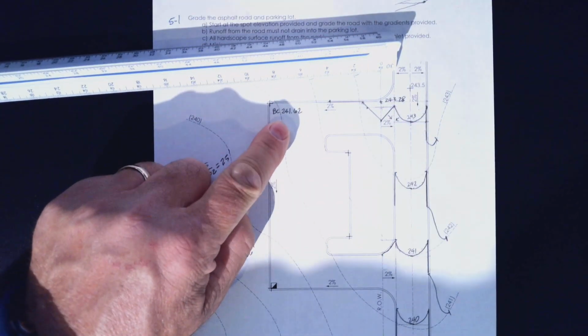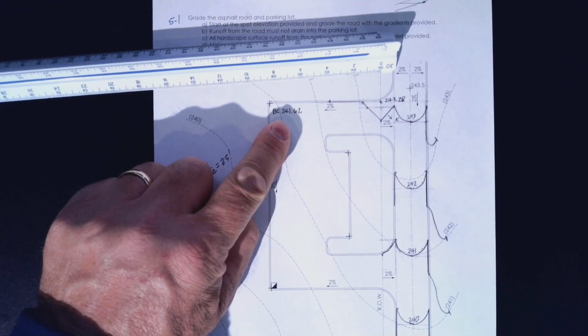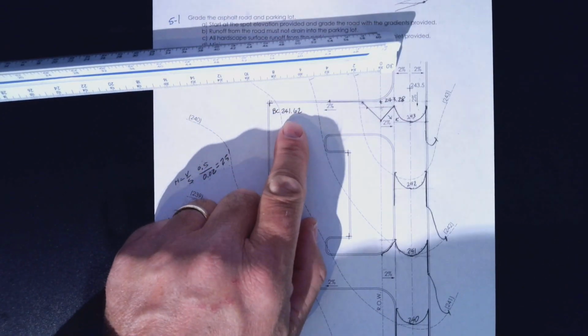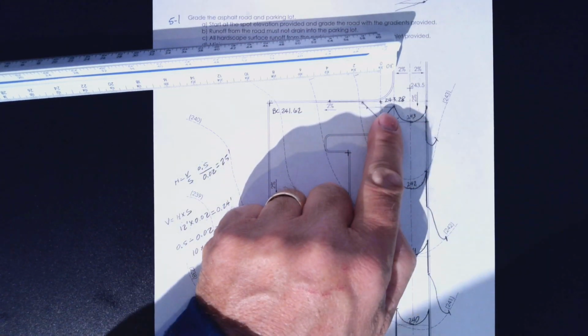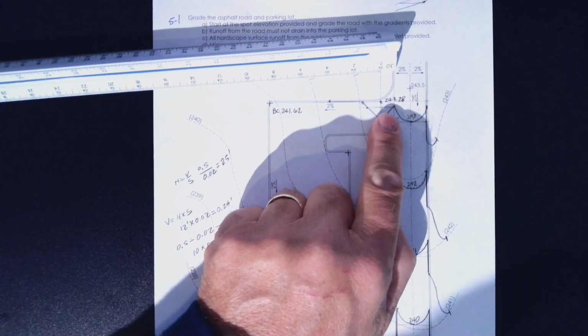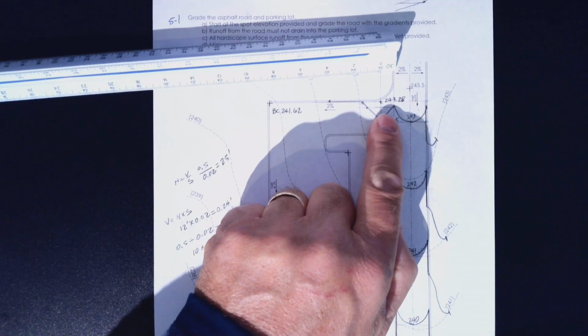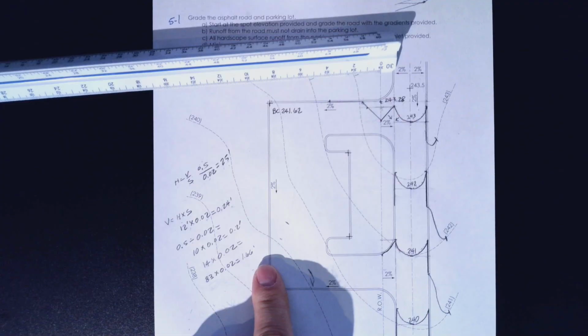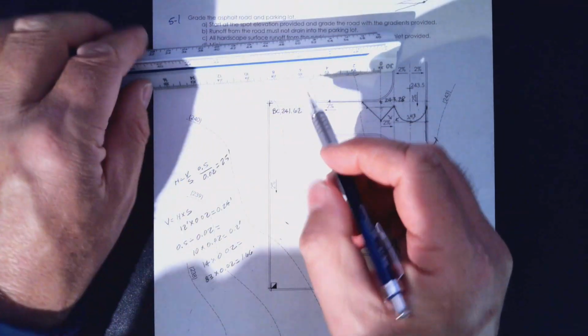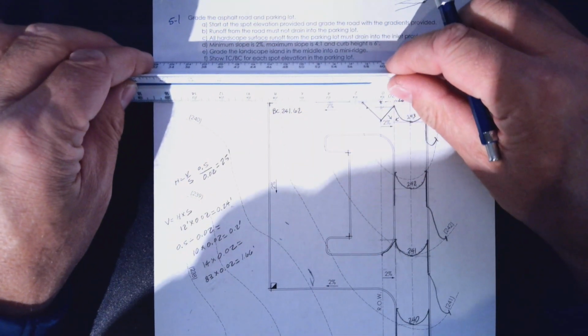We're at 241.62. I'm just trying to see if it's 241. If you measure 243.28, 243.28, and I subtract 1.66 equals 241.62. So I'm going to go with 241.62 because I measured